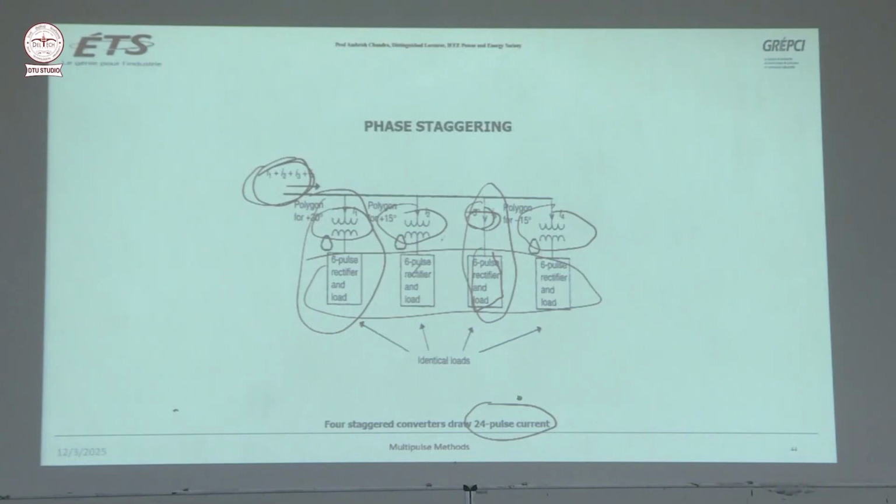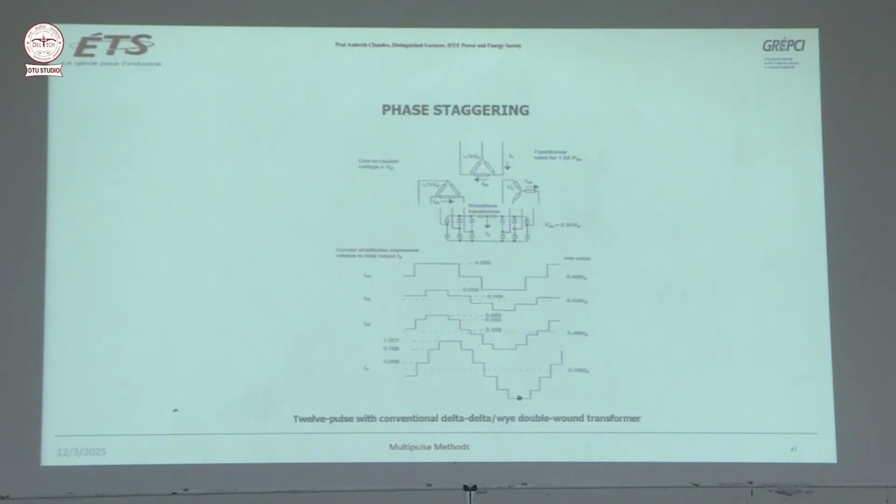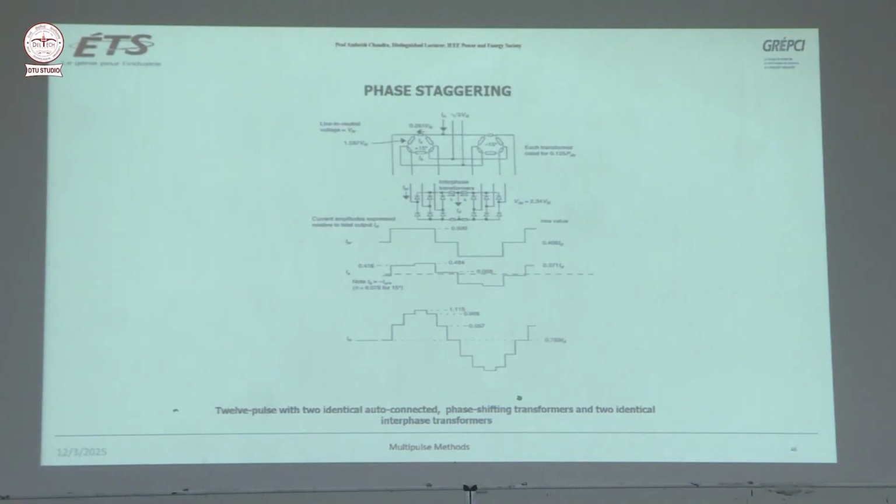So even if these two are gone, you still have 30 degree phase shift and you will have 12 pulse performance. But somehow if these two are gone, then it may not give very good performance, because 2 converters and 15 degree phase shift will not give very good performance. So there are some advantages, disadvantages, but you can save a lot of money in this thing. And then there are other configurations also, but I will